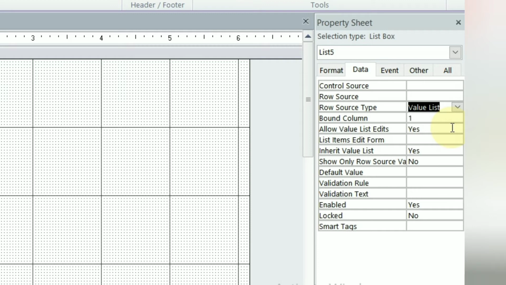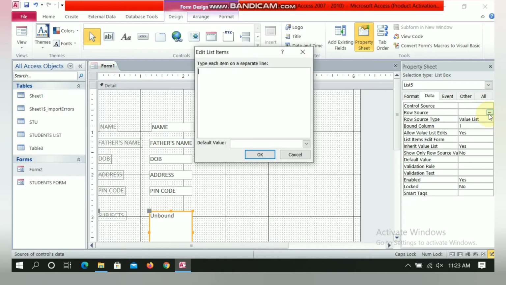After that you need to click on row source, and here you need to write the list. Here I am writing the subject names: Hindi, English, Maths, Science, SST.